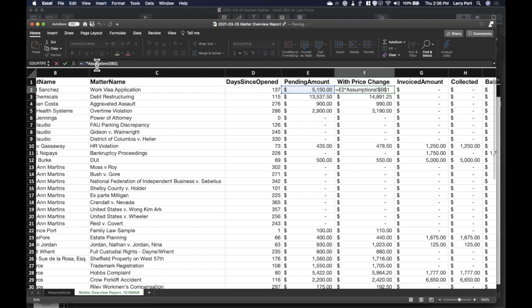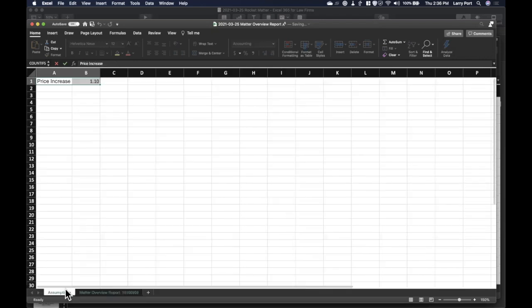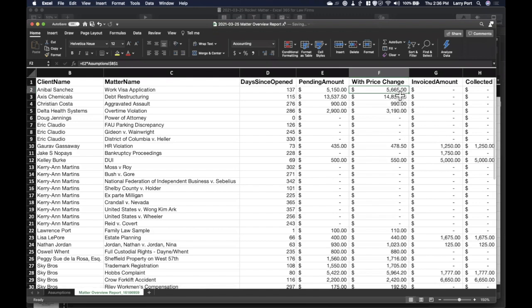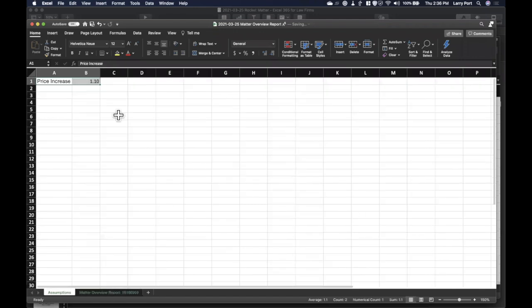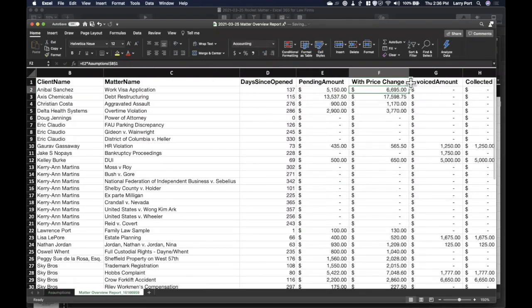So now I may have lost people, but basically what I did was I anchored the cell and I moved it to its own worksheet. So it can be on a different worksheet. You can still refer to it. And in fact, just to prove that, the value here is 5665, right? Let's change the assumption, and let's make this a 30% price increase. And now the value is 6695. So that is greatly increased.